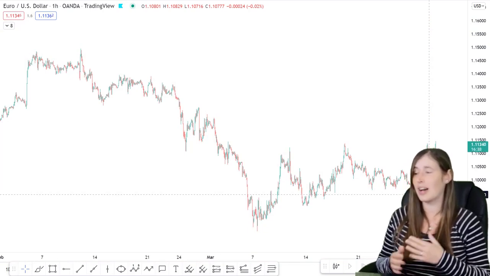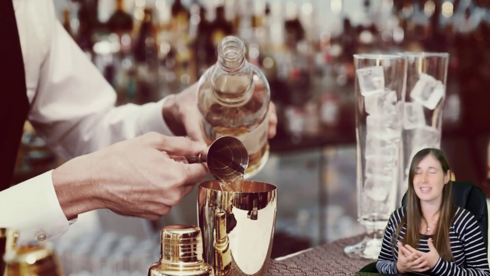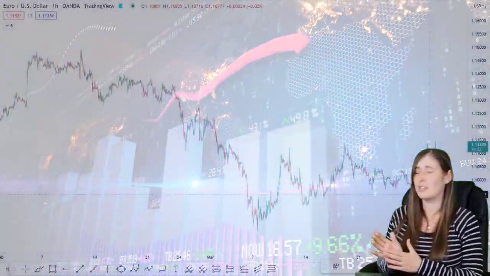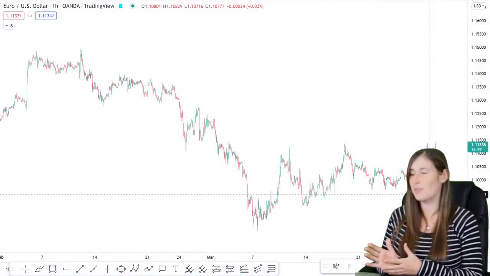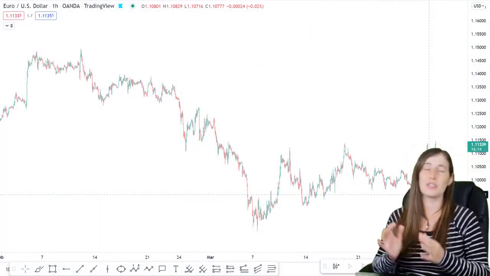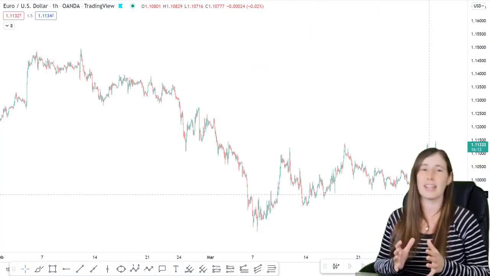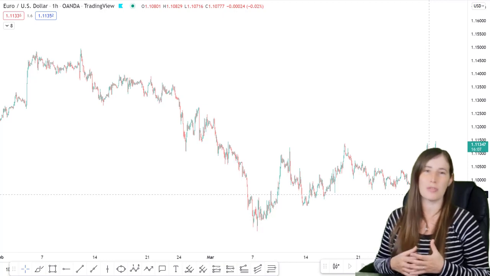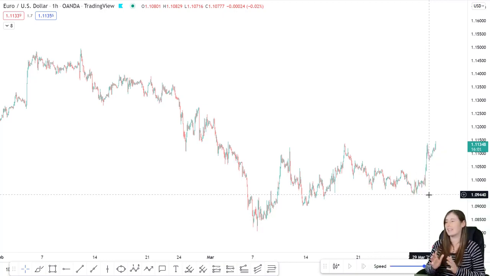And that is what I tend to view as like a cocktail, and it comprises many things like risk management, strategy, maybe you use indicators, price action, the trend, whatever it is that you use. There'll be a lot of things that come together to make a good trade. So please don't go and trade using this tool straight away just on its own. But hopefully you can use these tools in addition to your trading plan, and they might give you a different context or perspective of the markets, and hopefully that will help you to become more consistent, more profitable. So now that's out of the way, let's jump onto the chart here and have a quick look at these